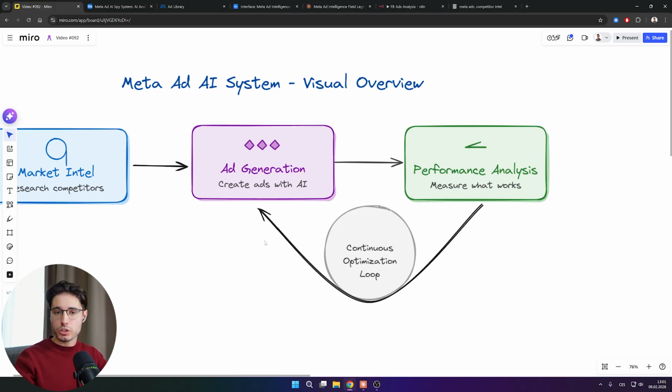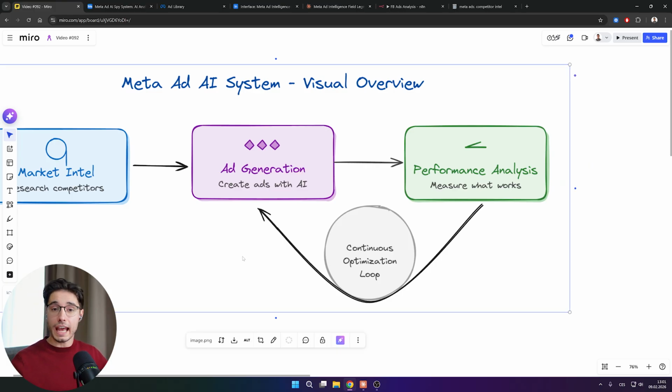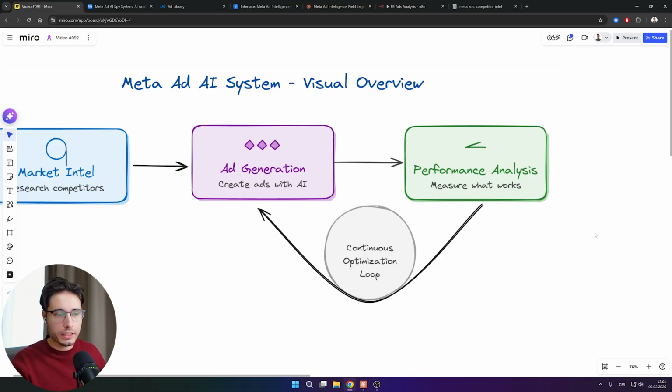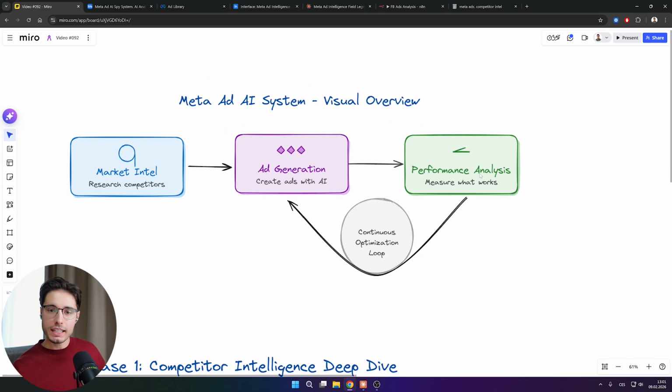But the second step, which I will cover in my future videos, is actually the ad generation, right? Generating the images, generating the videos, generating the copy, all of that can be automated. And then, of course, taking the data back and understanding what's working and what's not directly connected to our Meta